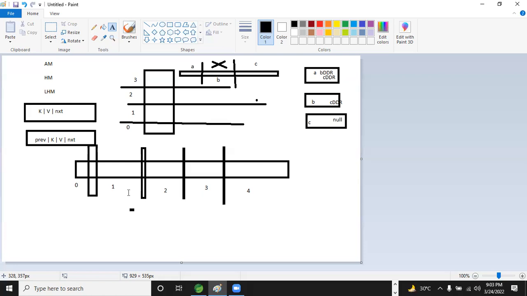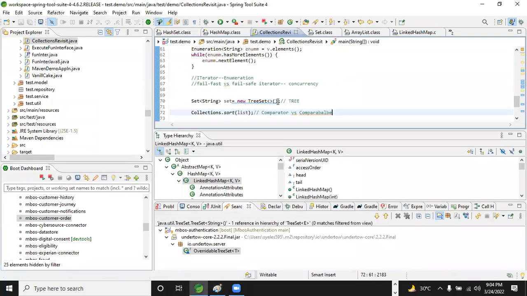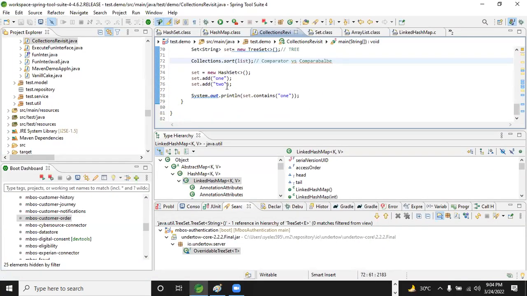Okay, so can I use this LinkedHashMap in a threaded environment? My question is, can I use the HashSet or LinkedHashSet in my multi-threaded environment?